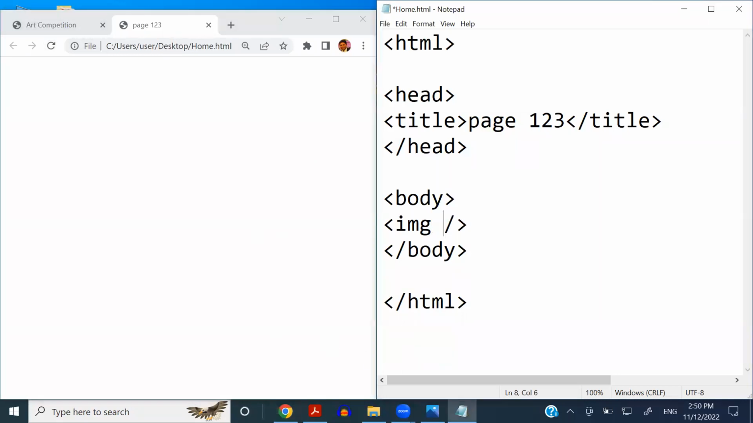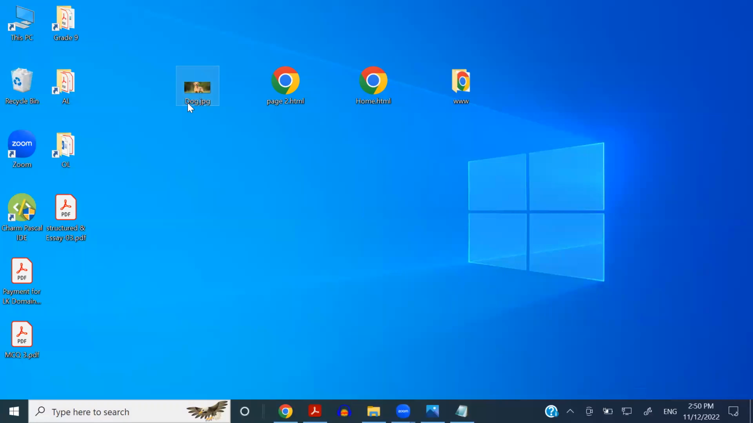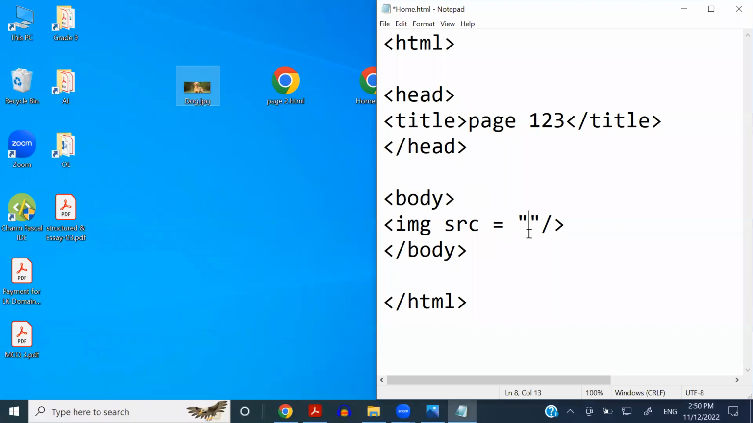So to insert the image, I need the attribute called src, which indicates source, right? So where the particular resource, right? And inside this source, I have to give the specific name of the image, right? So the name of the image, and it should be inserted with the extension. So my name is dog.jpg, the D capital. So I'm taking it and pasting it over here, dog.jpg, right? So now I'm saving it